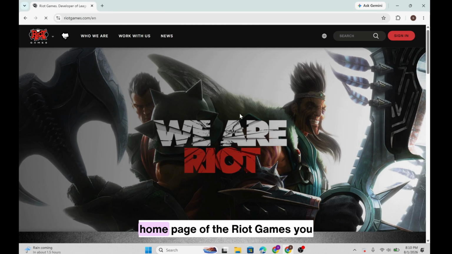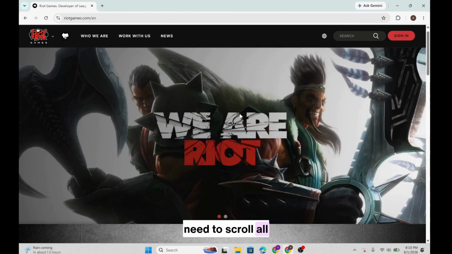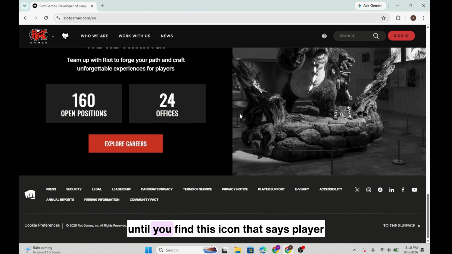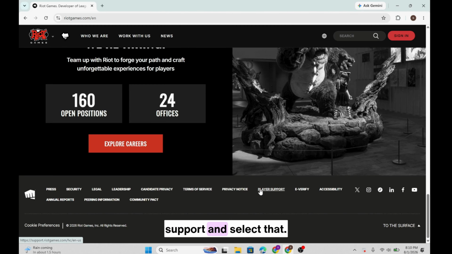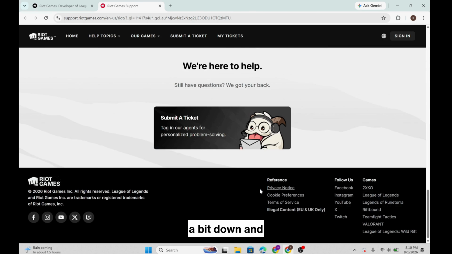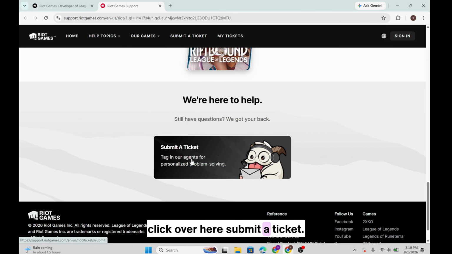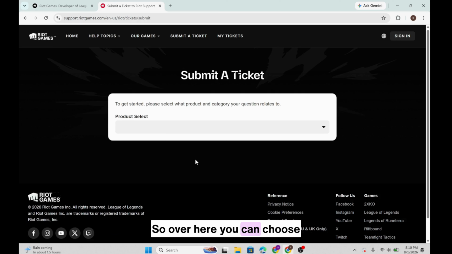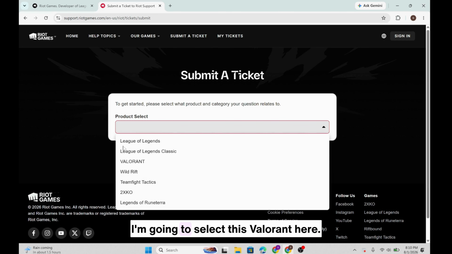And once inside this homepage of Riot Games, you need to scroll all the way to the bottom until you find this icon that says player support and select that. And over here, once the content loads, you need to scroll a bit down and click over here, submit a ticket. So over here, you can choose the game that you need help with, as I'm going to select this